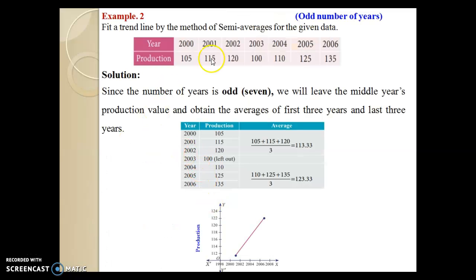This is the data for the odd case, that is 7 years. We look here at this data. The middle year is left out, that is, 2003 is left out in this data. Okay. We can get these two arithmetic means. First one is